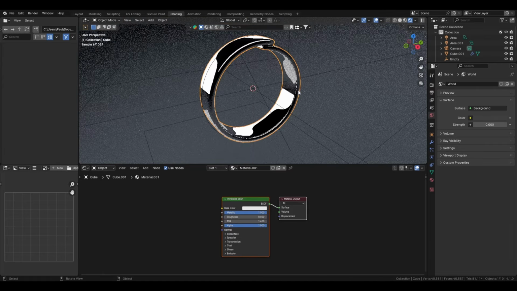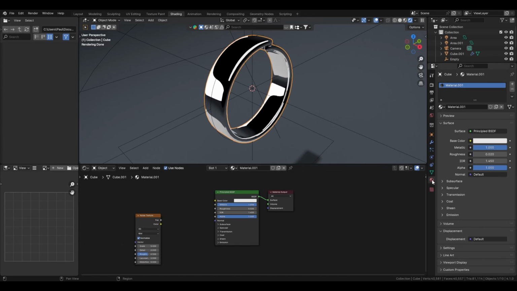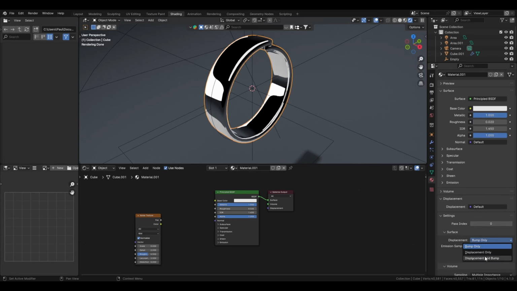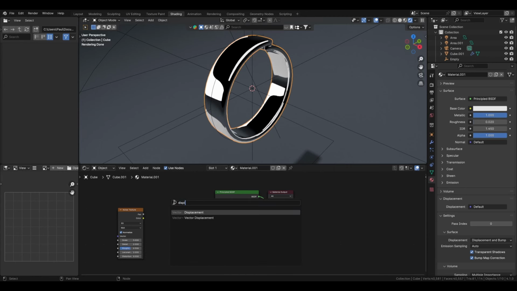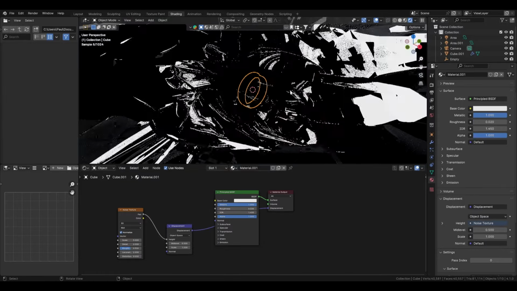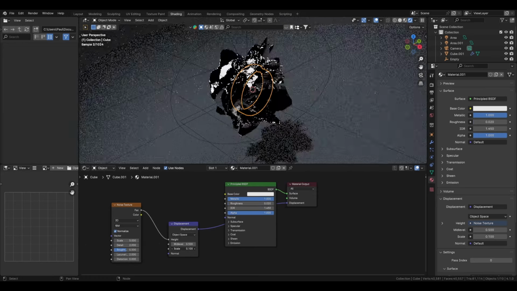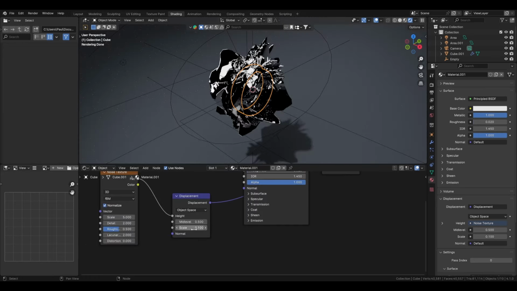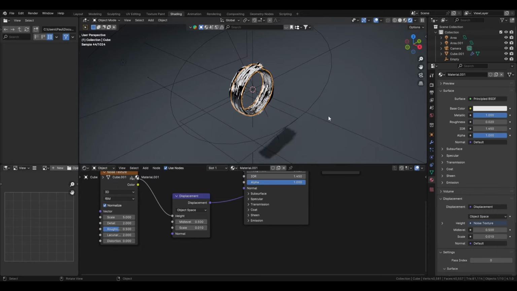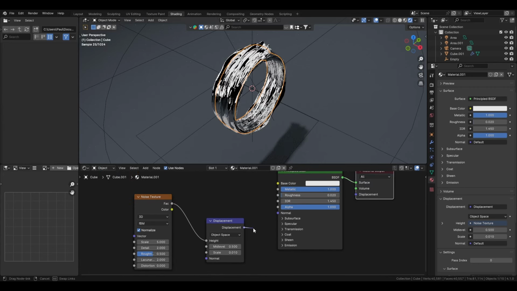and let's add some noise texture in displacement. So you would go in the shader here, in the material properties, go to settings, and go to displacement and bump. Then you have to create a new displacement node, bring this to the height and displacement here, and it's going to make this thing. There are two reasons why it's making this. First of all, this is way too high, but actually you can put 0.01 for example, and this is still too high. But one of the other reasons is, and I'm going to disconnect this to show it, that